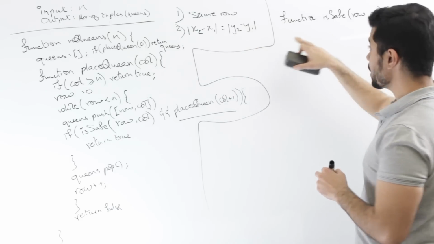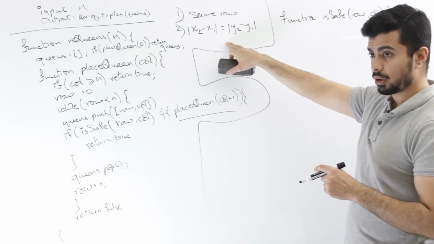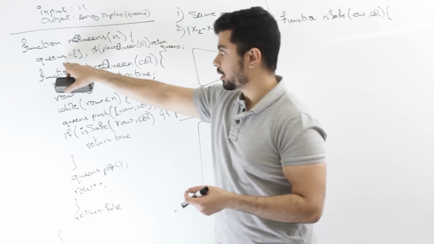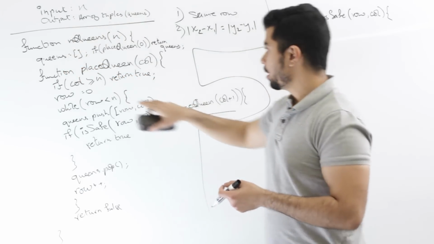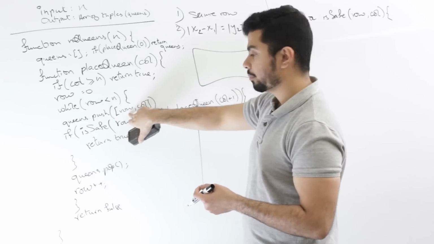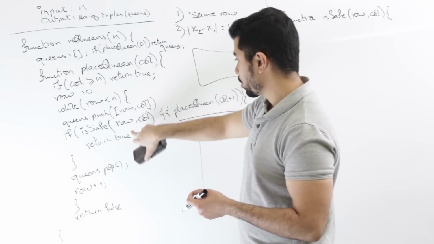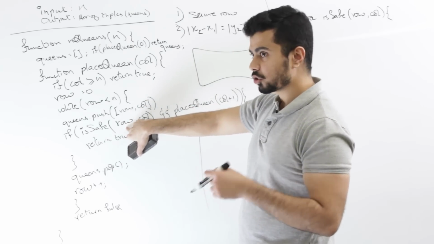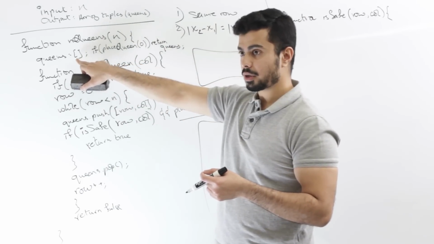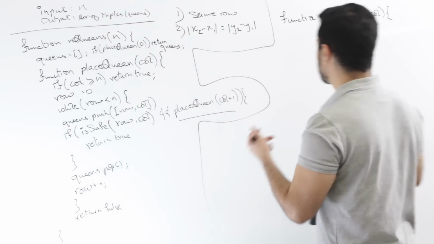Now we need to check these two conditions for all of the queens that already exist, and those are basically over here. But I also noticed that when I'm pushing the row and column, this is the same row and column that I'm giving it over there. So I shouldn't take into account the last element in the queens array. So I'll basically say,